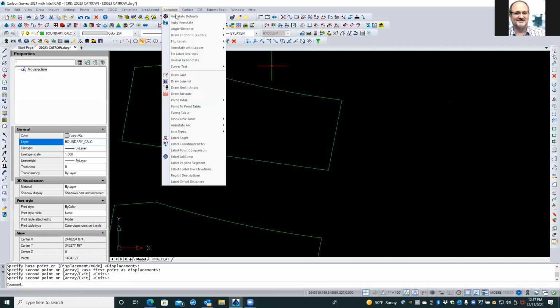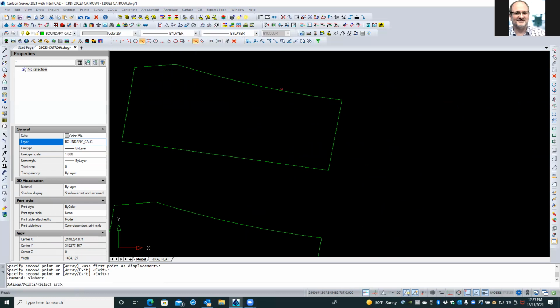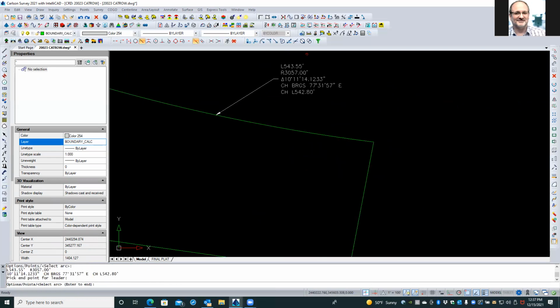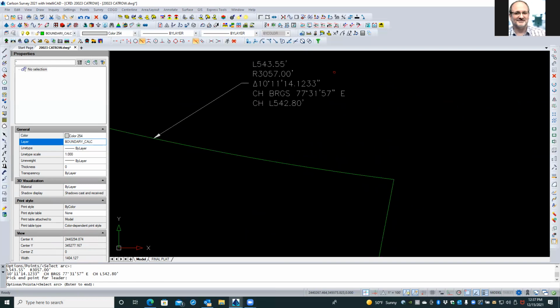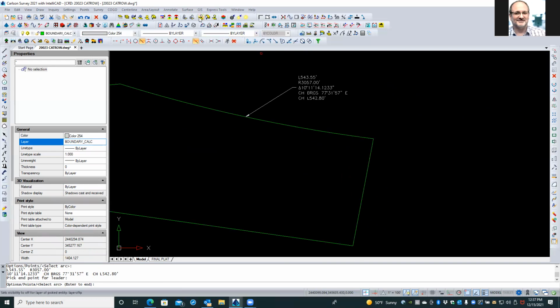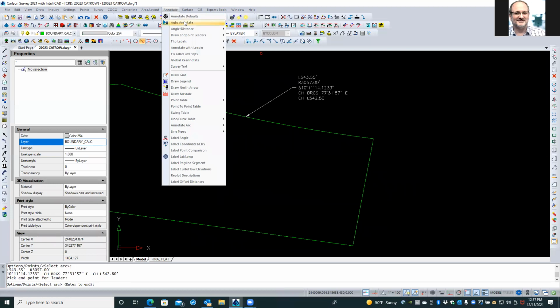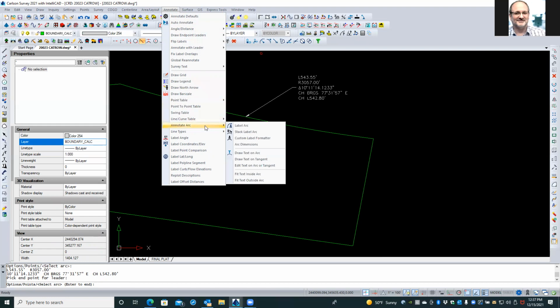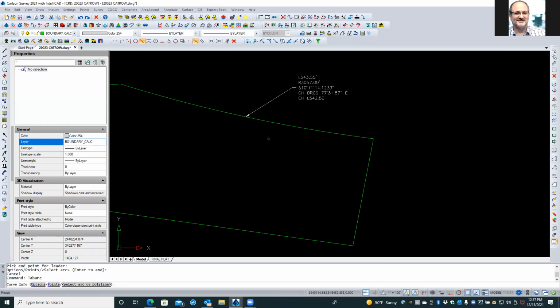And if I annotate arc, stack label arc. See that? Yet, if I annotate arc, which is label arc,